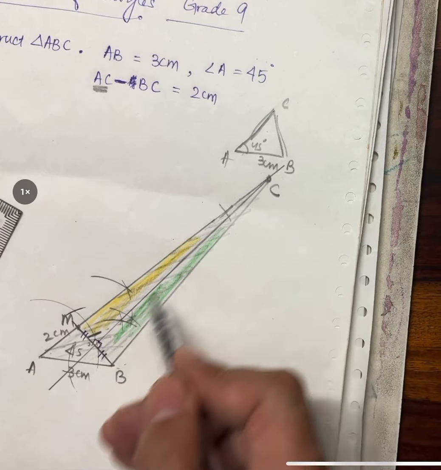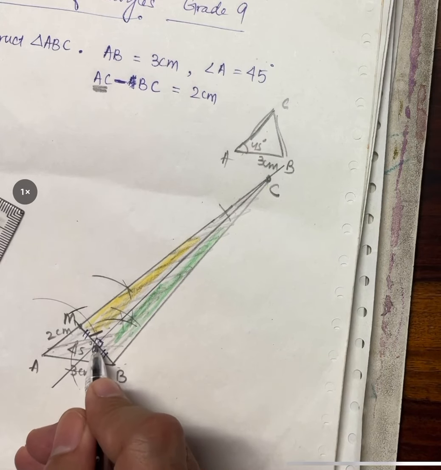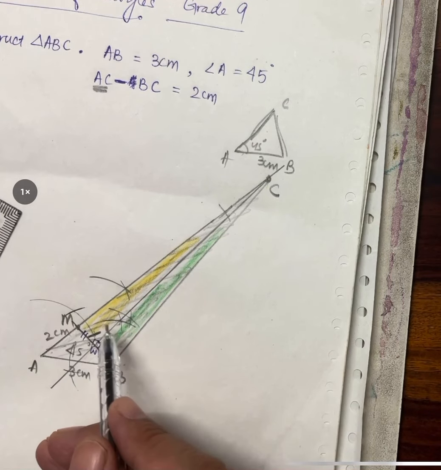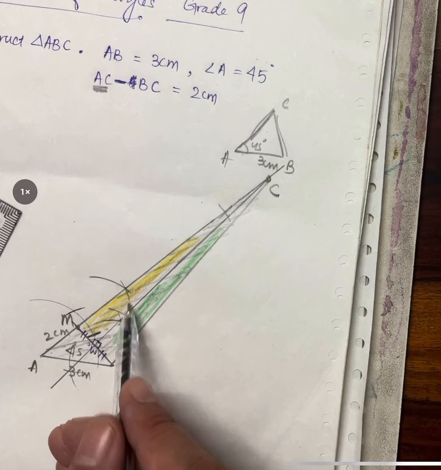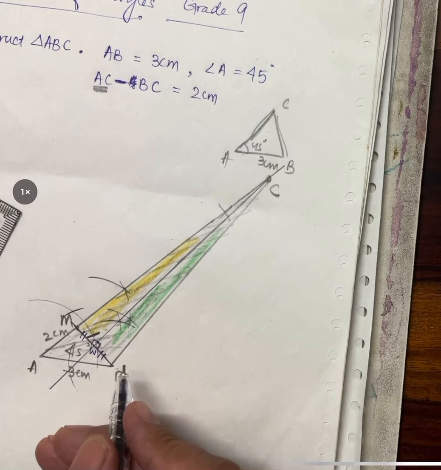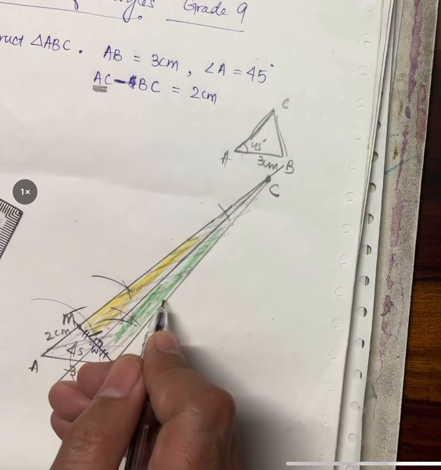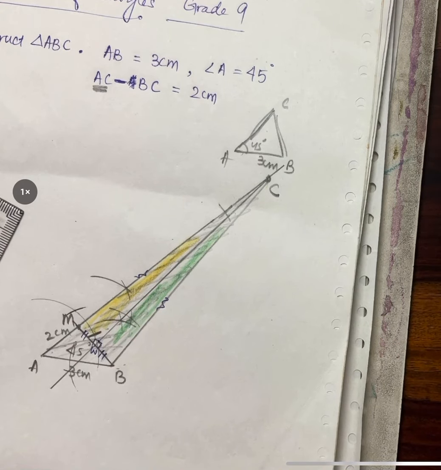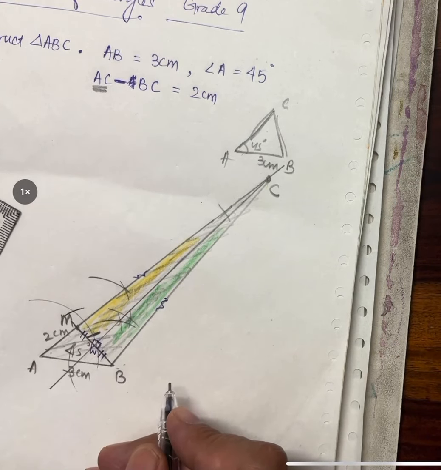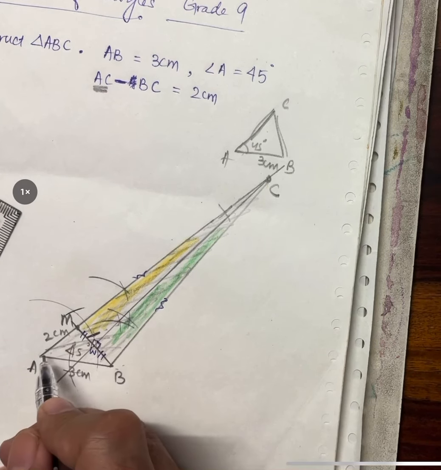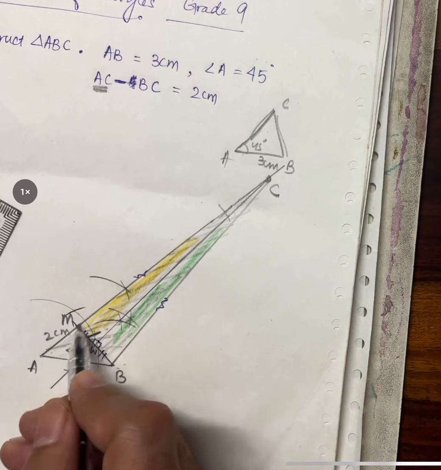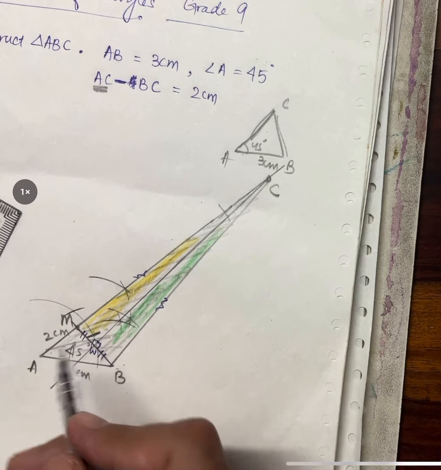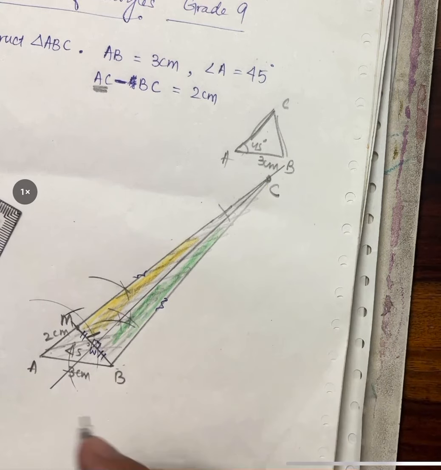And this line, let's call it CW, is common to both the triangles, yellow and green. So both the triangles actually become congruent. When they are congruent, this side and this side will also become equal by CPCT. Now, we know that AM was 2 centimeter. This entire length AC